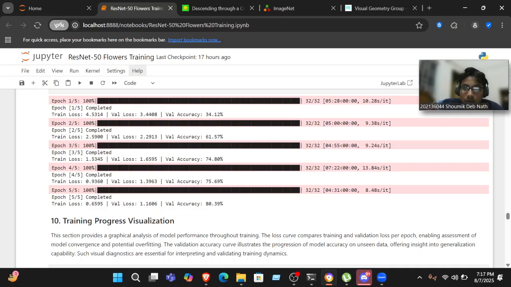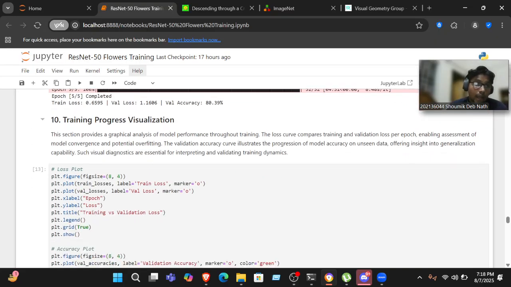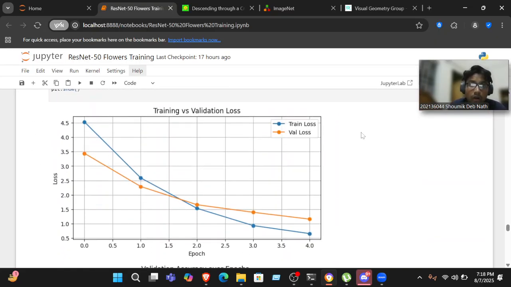It was 4.5314 at first, at epoch one, and the validation loss was 3.4 something. Then it went lower, lower, and lower. I have also created a visualization later to make it more visually comprehensible what has actually happened. As you can see here, I have made a progress graph for training